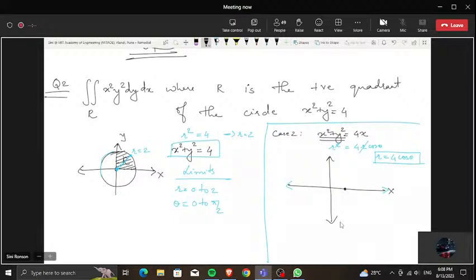क्या होगा सेंटर इस सर्कल का? 2,0 will be the center. And because it is cos, the center is on x-axis. Will I draw a circle like this, students? Understood or not? Is this understood? x squared plus y squared